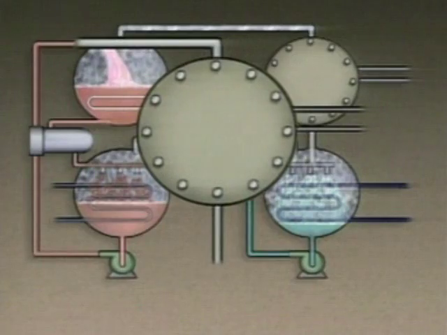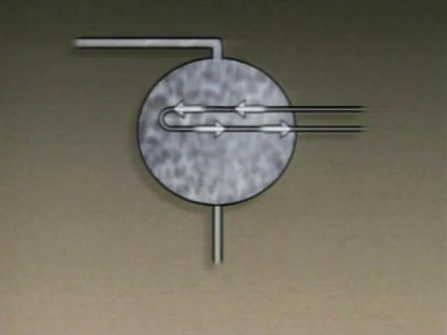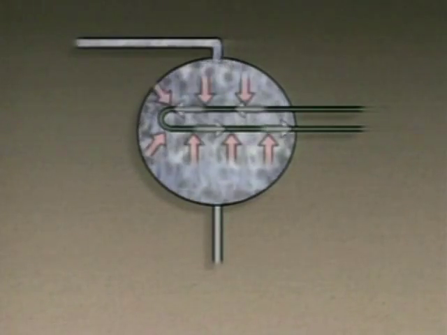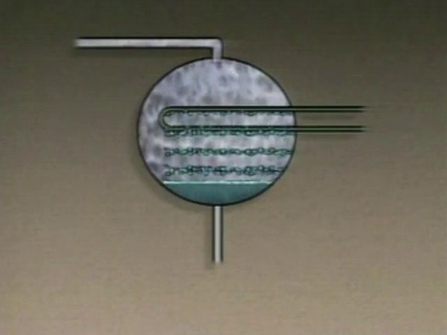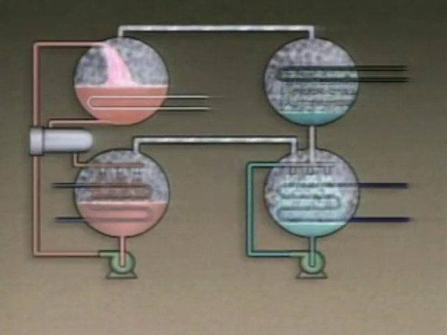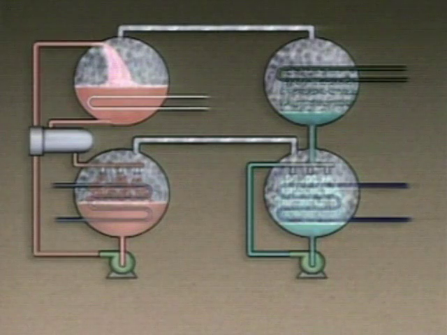Meanwhile, in the condenser section, the refrigerant vapor flows around tubes and is cooled by cooling water passing through the tubes. As the refrigerant gives up heat, it condenses and forms a liquid that collects in the bottom of the condenser. The liquid refrigerant in the bottom of the condenser drains into the evaporator. In the evaporator, the refrigerant from the condenser mixes with the refrigerant that is already there, and the cycle begins